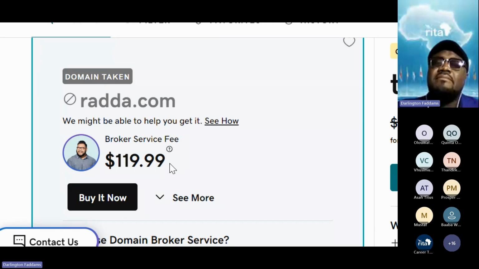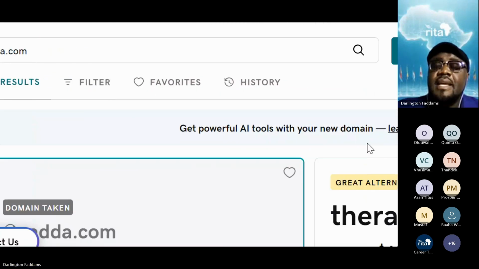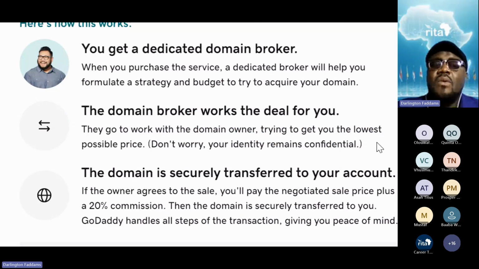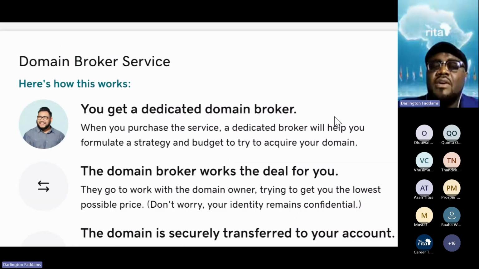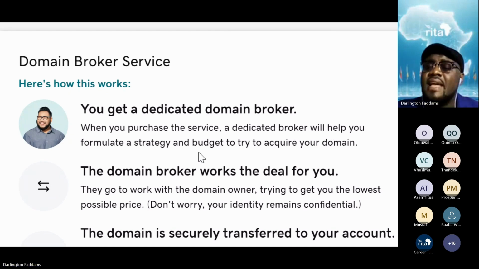What does that mean? It means this. When we click here, number one, you are going to get a dedicated broker, someone who will follow the name for you. When you purchase the broker service, a dedicated broker will help you formulate a strategy and a budget to try to acquire the domain.